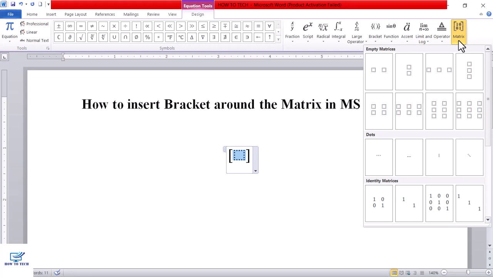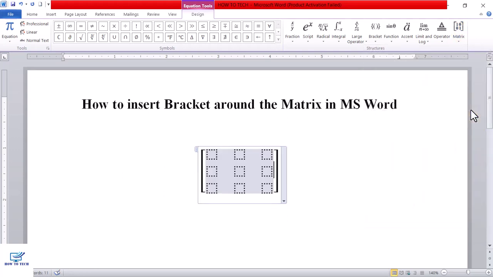Suppose you are going to write 3 by 3 matrix. Select this. Here you can see 3 by 3 matrix, so you can easily write here